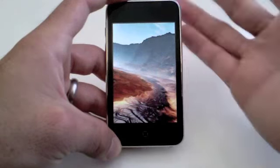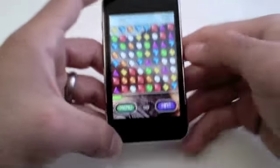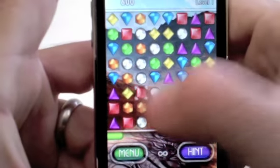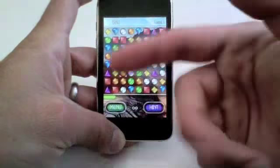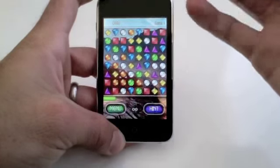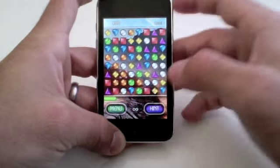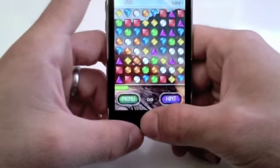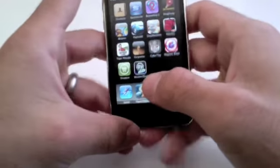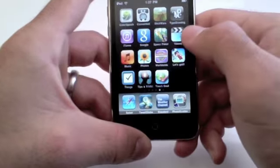You could play this for hours if you wanted to, and the whole point is to match up 3 alike stones. So I'm going to swap these 3, and those 3 will go down. This is again my 5th favorite iPhone application for $2.99 in the App Store, Bejeweled 2. My 4th favorite iPhone application is another game that I'm sure many of you all are familiar with,